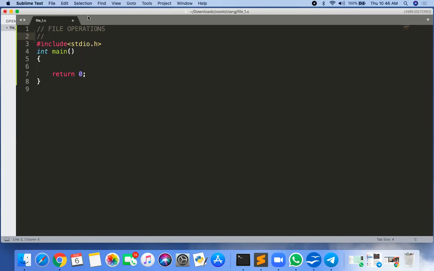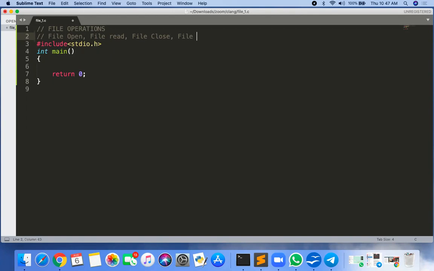First, we will see how to open a file. Second one is we will read. Okay, so I will list out here the operations that we are going to see. First one is file open. This operation we are going to see first, how to open a file. Second one is file read, how to do the file read operation. Third one is how to close the file. If I want to close the file, then how to close it.